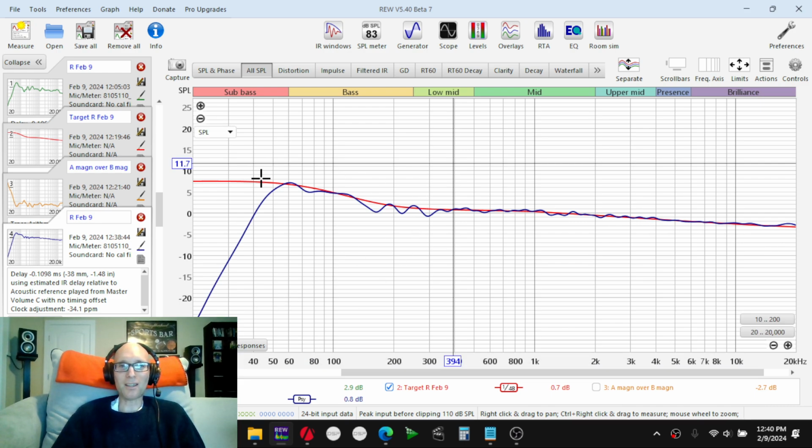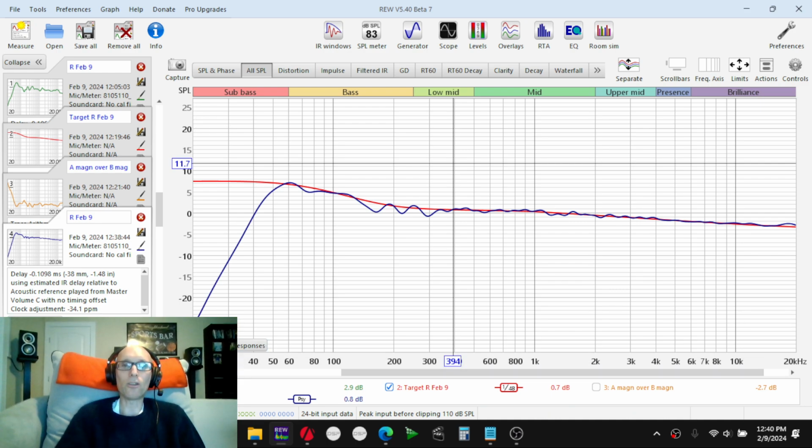So this is the response now of the speaker, and it is almost the same. It's very similar to the sound that we had. It's just cleaner under all frequencies now. It tracks better. If you want to see it compared to the original response, there,